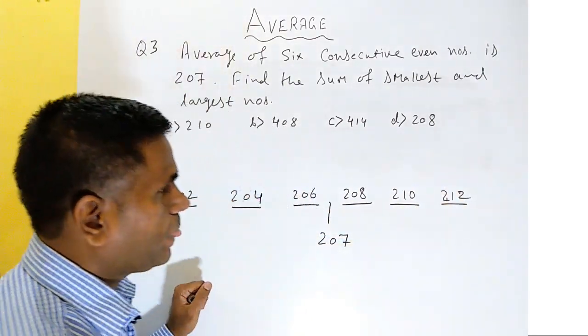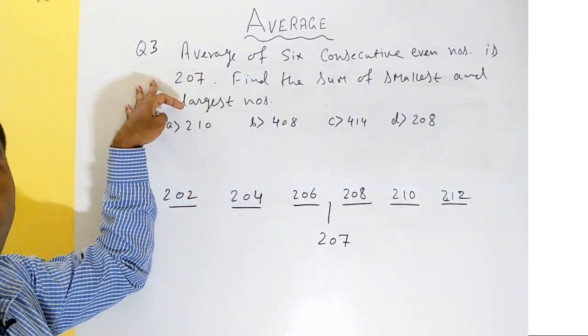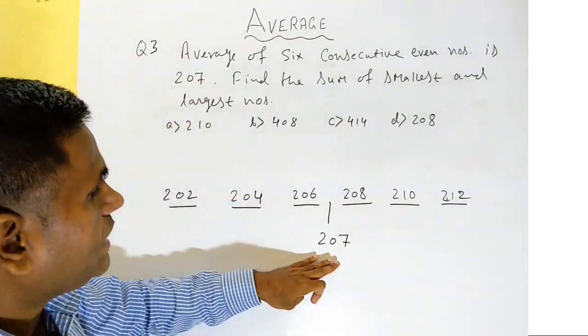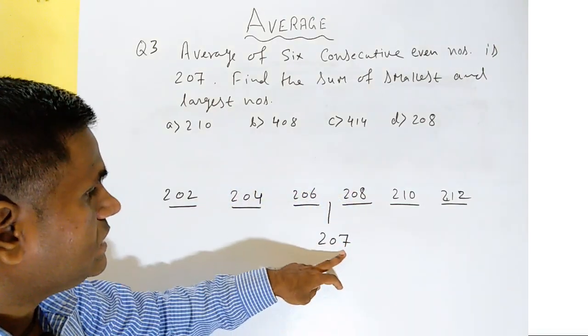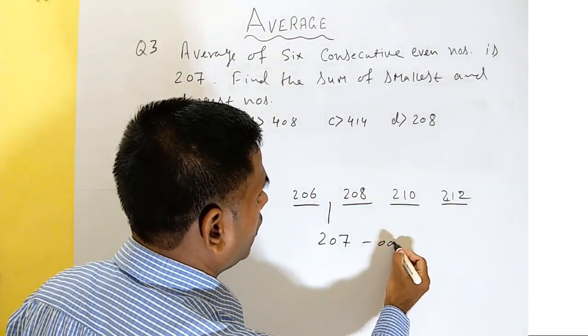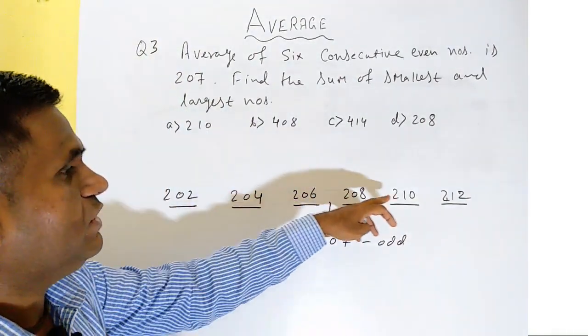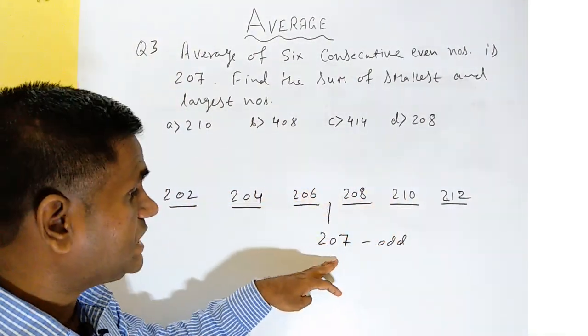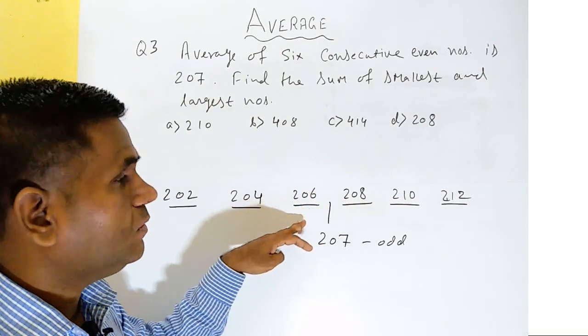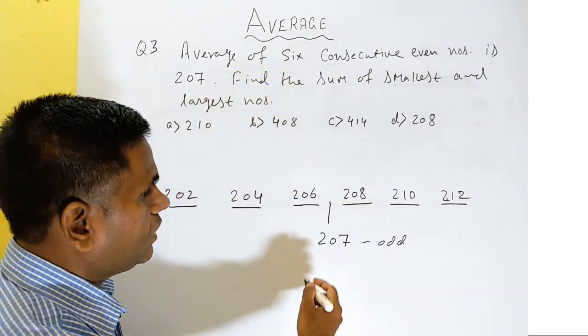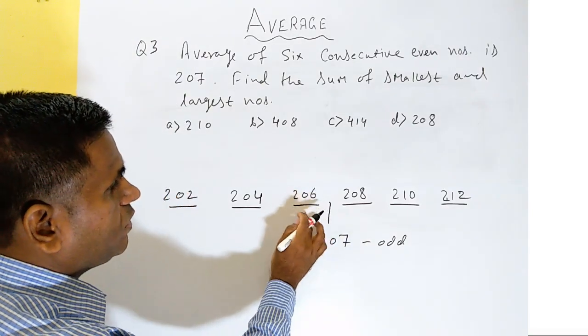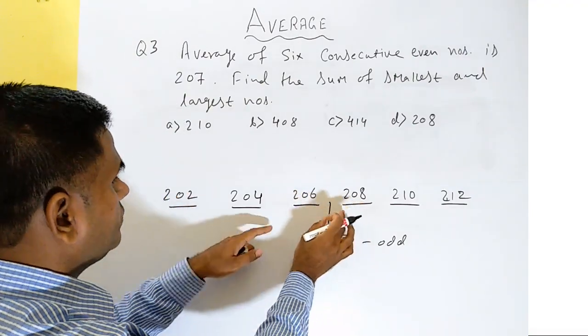212. Okay. So in this type of question, please be careful. Don't write this 207 as a member of these numbers, because this is an odd number. This is odd, and these are even numbers. So this cannot be a member, but this will help us to find the members of these consecutive even numbers. Because the next and the previous number we can write here, and then similarly we can find all other numbers.